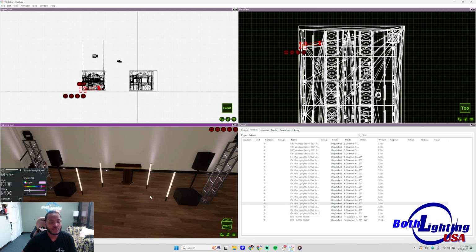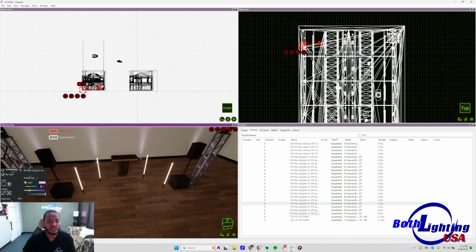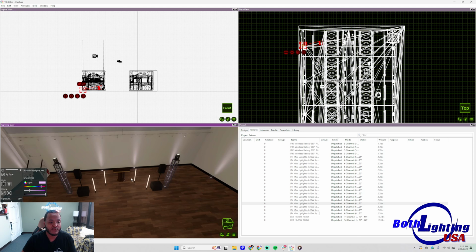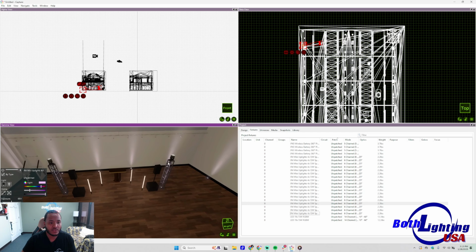Our uplights, tubes, and movers are set. We added a few more uplights than we anticipated just due to the room size, so that's one thing for you guys to keep in mind. But now I'm going to go over adding these fixture profiles and the channel modes and getting them to work